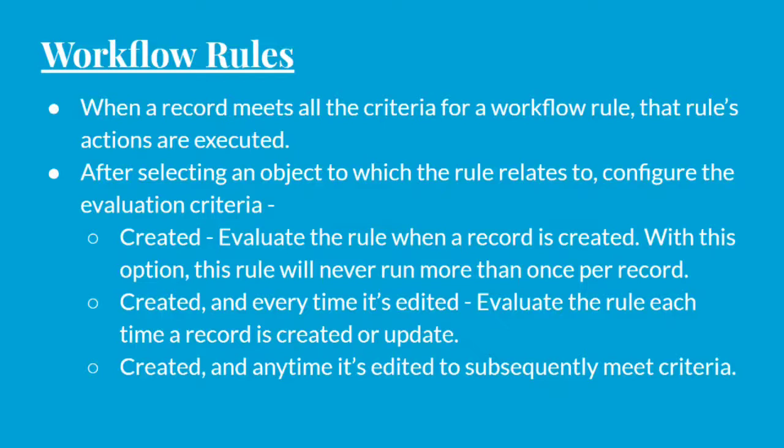opportunity amount. So if it gets edited, then it will send the email. If it is not changed from the previous value, it will not be sent, but it will be evaluated every time you edit that record. So it all depends on your use case, and based on that you select this evaluation criteria. But it is a very important part, because whatever you select here, based on that only your workflow will first be evaluated and then run. So make sure when you really want to run this particular workflow rule.